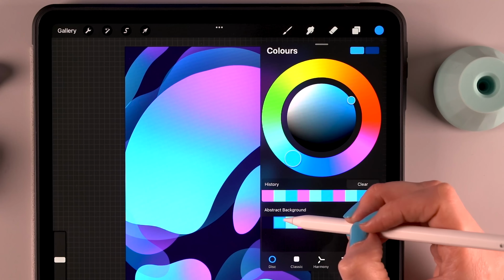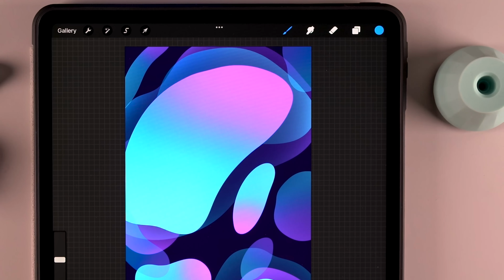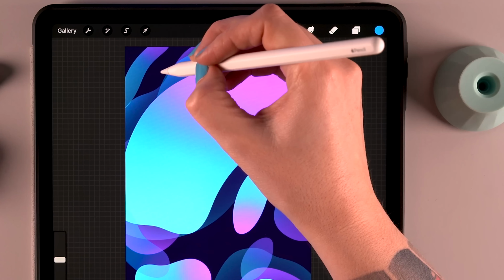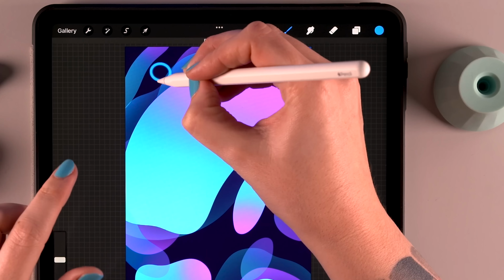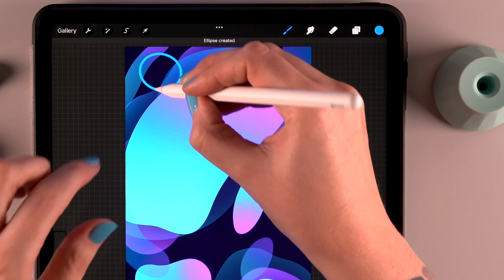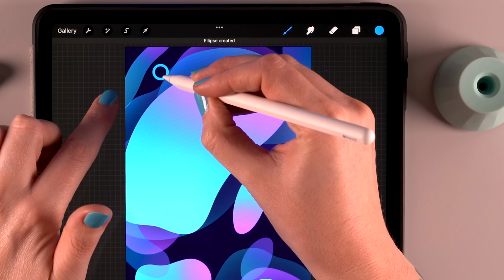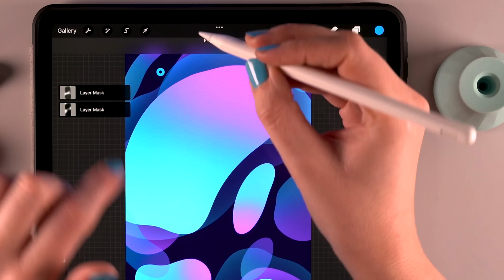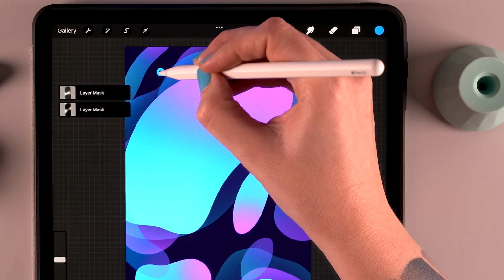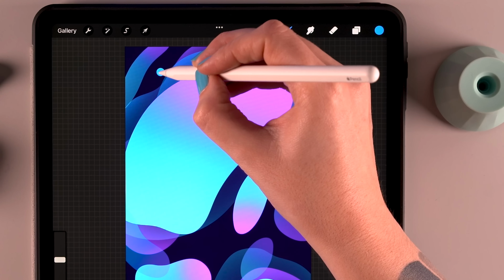Now finally, I want to add one more layer, so tap the plus, again go to the monoline brush, and grab the blue, the second one. And now we are going to randomly add a few circles. Just draw a circle, hold your pen in place to make it snap to the quick shape, and then tap one finger on the screen to make it snap to a perfectly round circle. And then you can just color it in